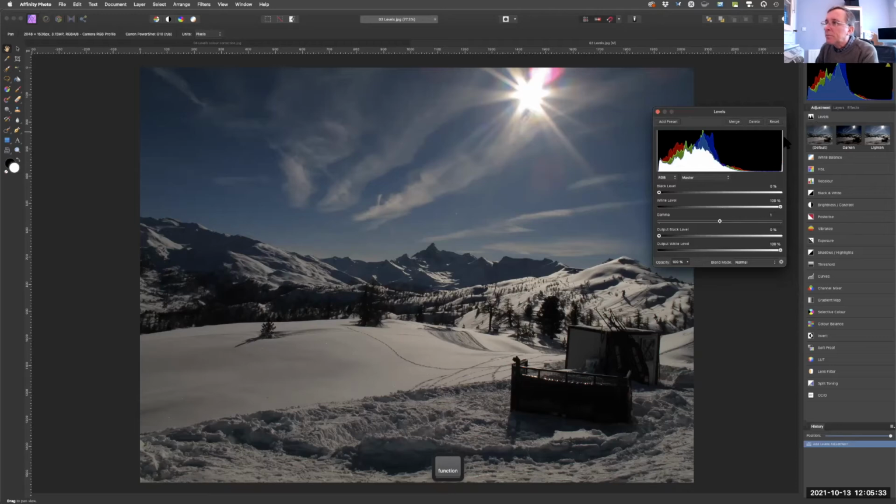So there's a spike there of pixels, and that of course is the sun. But then there's no white for any of this huge patch of the histogram. And what we need to do is to drag this point out to this point. And we do that very, very simply by picking up the white level slider